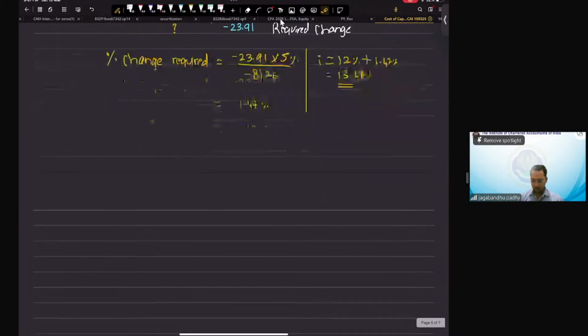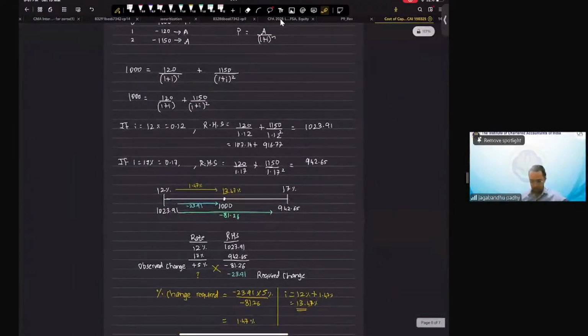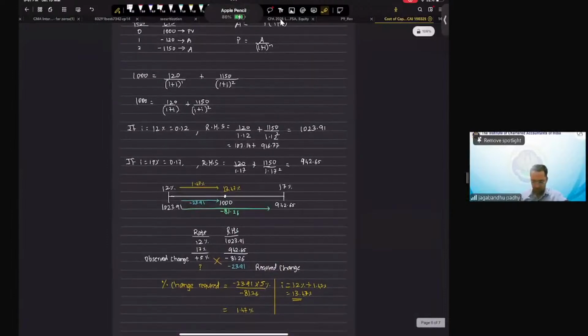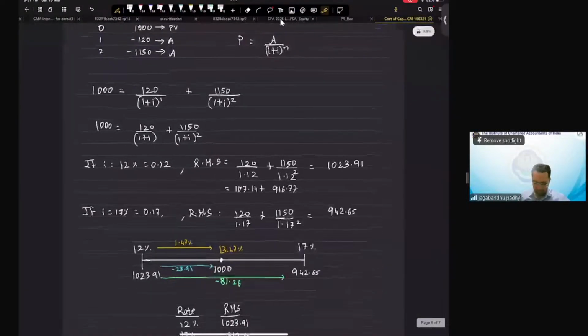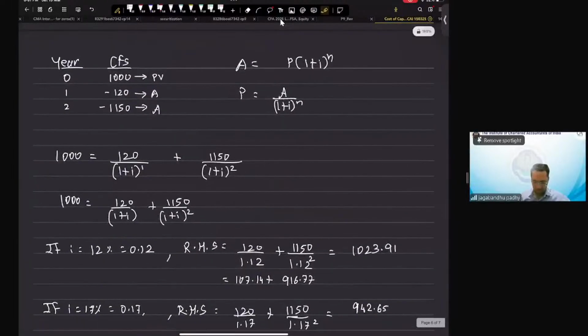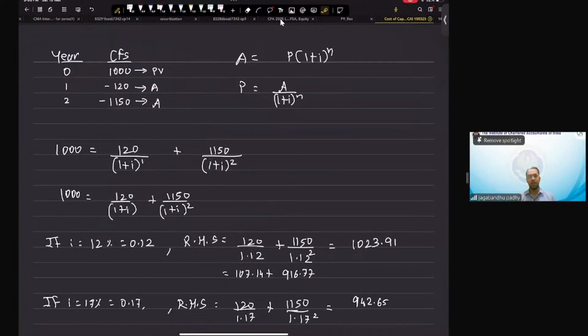Then would you like to try one question? Or if you wish to take it down, then just write it down quickly. Then we'll take up this slide slowly. I'll give you a couple of minutes to copy it down, because then we'll take one more question for your practice to understand how we get this rate of return. The way you compute this return percentage is nothing but your internal rate of return or yield to maturity method. This is more precise, more mathematically accurate because it takes into account the compounding effect of interest. Just quickly take it down. I'll give you a couple of minutes to copy it down, and then I'll give you one more question for your practice.